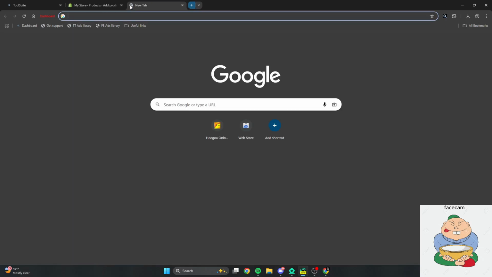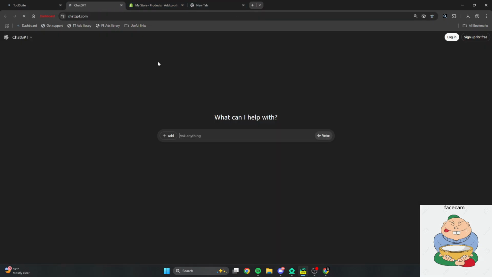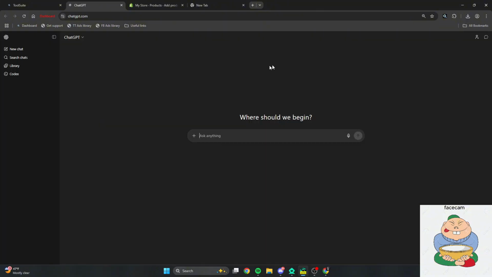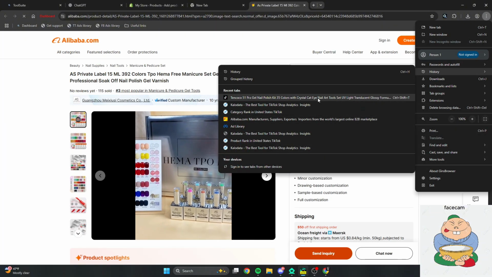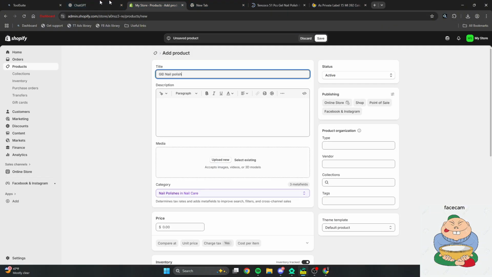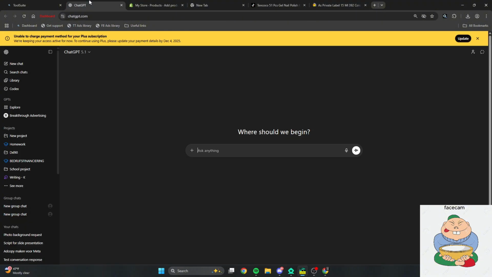Or what you can do is go to ChatGPT, which is on ToolSuite. And this is the beauty of it. AI is amazing. It's a tool that you guys should be leveraging, especially while dropshipping. So now that I have everything here, I might as well just go back to the history. If you guys are confused as to what you should name your store, simply just screenshot this.